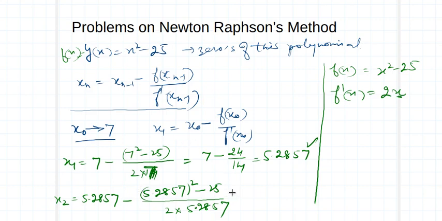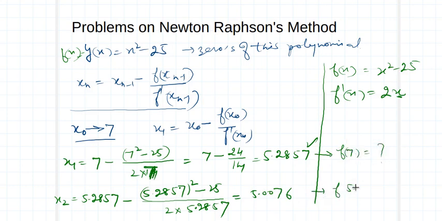And what value are we getting? It is 5.0076. ठीक है. और दूसरी चीज हमने क्या करनी है, simultaneously f of 7 भी कैलकुलेट करना है यहाँ पे,